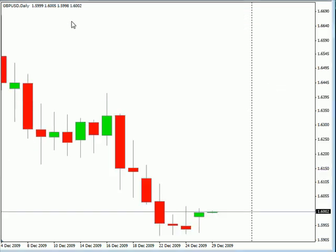Okay, now looking at the pound US dollar pair. This particular pair closed higher today. It did form an inside bar, so definitely look for a breakout. We are looking for this pair to continue moving sideways, possibly moving as high as